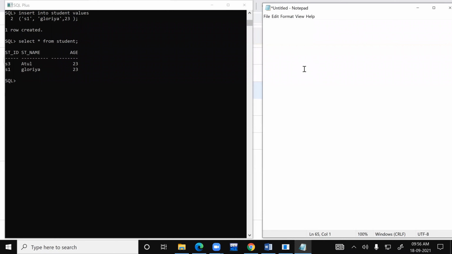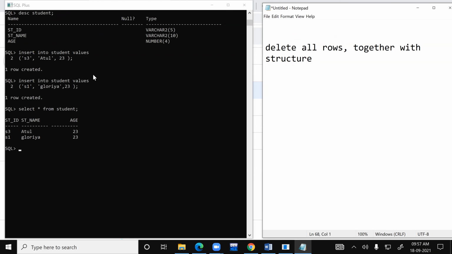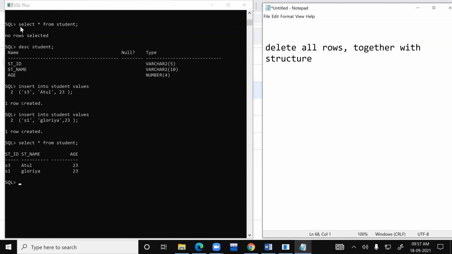Now, if you want to delete all rows together with the structure of the table, what can we do? Earlier we saw that even though you deleted away all the rows, you have no rows in your table, the structure of the table still remains, isn't it?